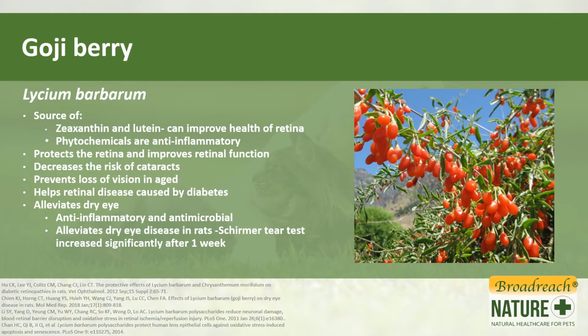Goji berry is a really quite famous berry that's been used in China literally for thousands of years. And it's a source of zeaxanthin and lutein. Now, these are two phytochemicals that can improve the health of the retina, and research supports this. Goji also contains other phytochemicals that are anti-inflammatory, and this combination of phytochemicals helps protect the retina and improve retinal function. They decrease the risk of cataracts, they help prevent the loss of vision, and they help retinal disease that's